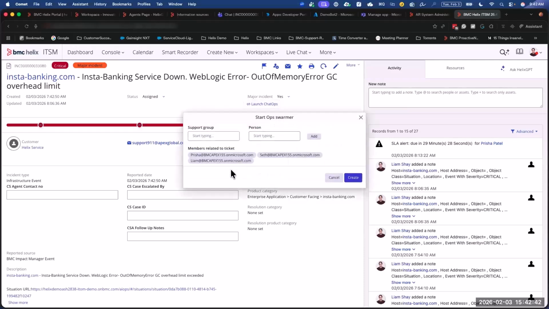So if you click on launch Ops Swarmer, it already found out that Prisha, Seth, and Liam are part of this particular incident. They're working on it. So, once I click on create,